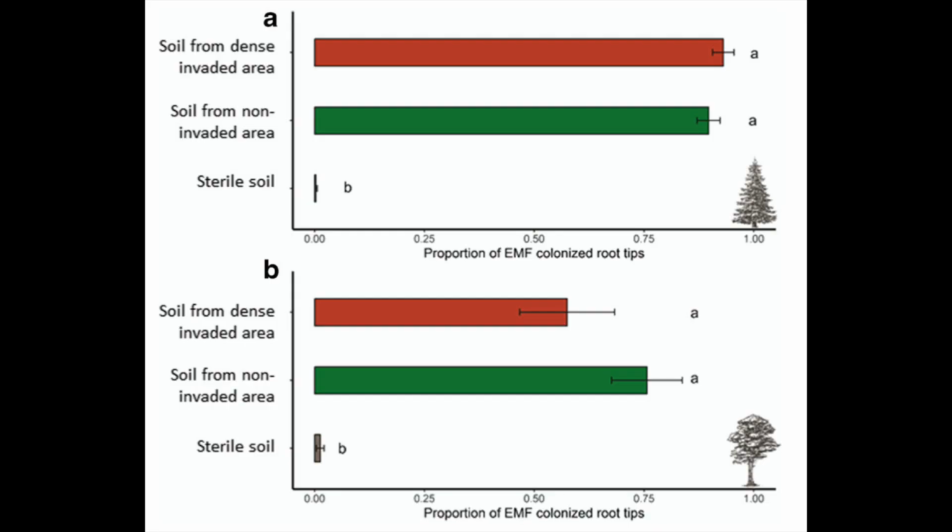But we found that, as you said before, equal growth for both hosts in both soil types. And not only growth in terms of biomass, but also equal percent colonization of the roots. So when we took the roots out of the soil, we noticed that for pine trees and for Nothofagus trees,